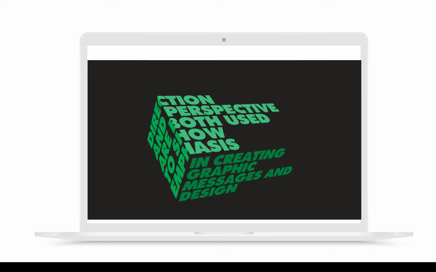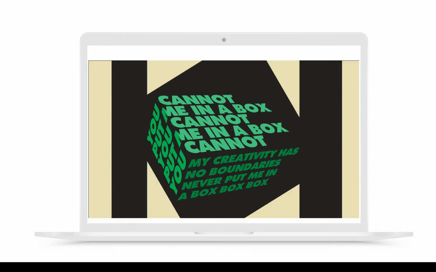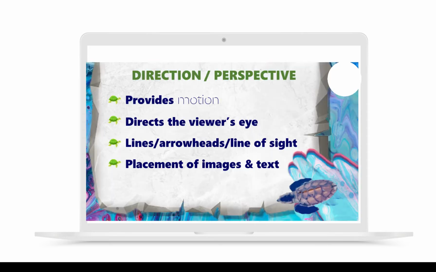In this layout sample, direction and perspective are both used to show emphasis. As you can see in this design, the text "You cannot put me in a box" was formed through a box formation to put emphasis on the meaning of the words. My creativity has no boundaries. Never put me in a box. Direction and perspective provides motion